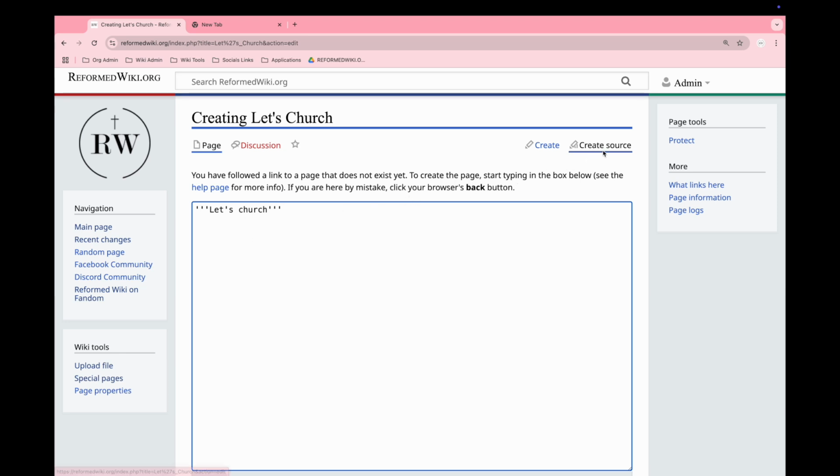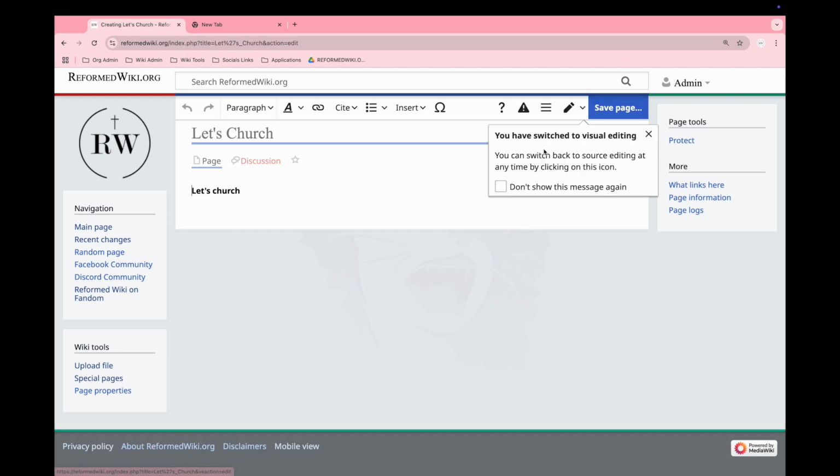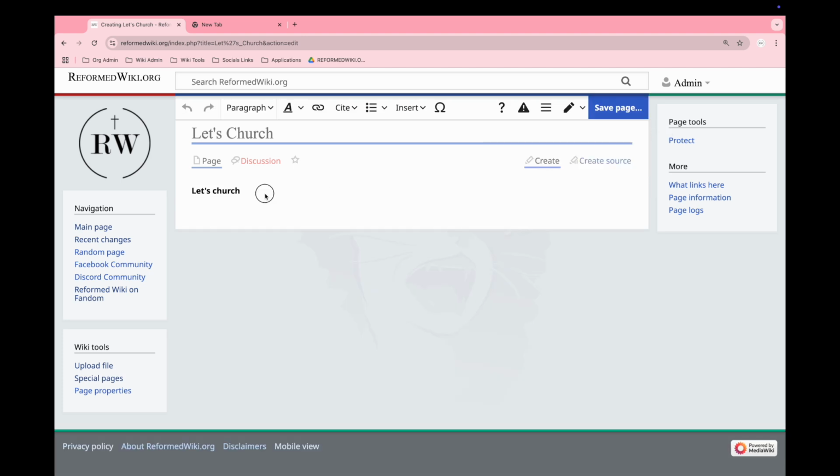The other option, which you could do and is probably much more user-friendly, is the visual editor. So in this, it's much more user-friendly. As you saw before, I was typing and I added those 3 apostrophes. That was part of the markup language to bold this. That's sort of the common thing you want to do when you're doing a wiki article. The first beginning, when you're mentioning what it is, it's usually bolded, and then it says something to the effect of